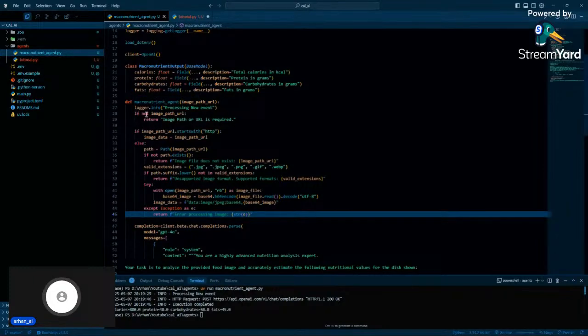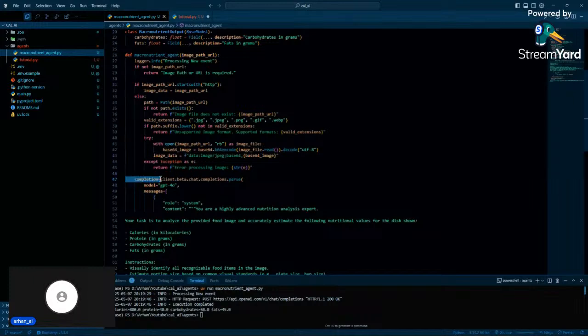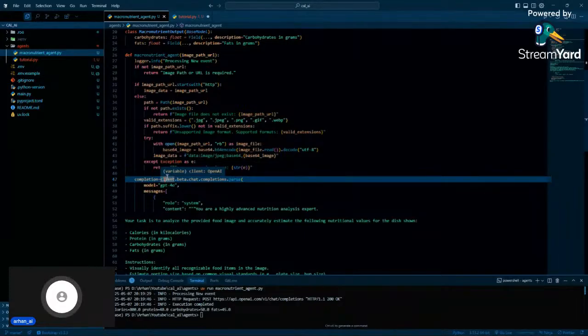So I have explained what it does, and if you have a close look at it, you will understand. It's just simple Python. And then we are creating a completion here. If you have worked with AI, like using OpenAI completion APIs, this is how it is. Like the normal completion is